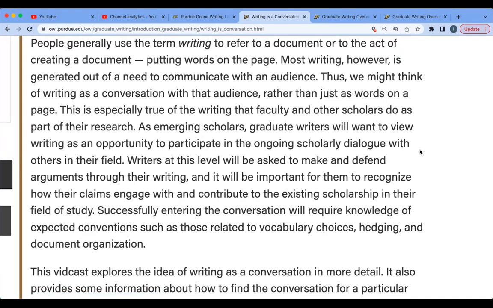It is specifically true and accepted that for the writing that faculty and other scholars do, you need to have enough research background. As emerging scholars, graduate writers will want to view writing as the opportunity to participate in the ongoing dialogues, and writers at the graduate level will be asked to make and defend their argument.